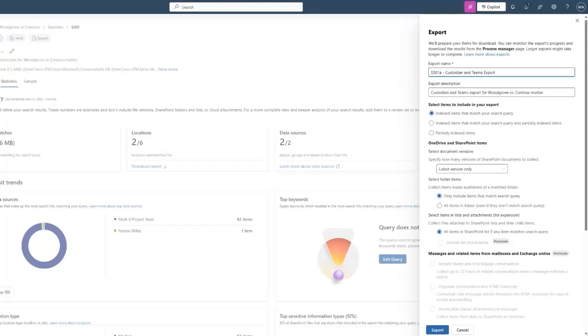So our OneDrive and SharePoint settings, we can choose to bring down the latest version of the SharePoint or OneDrive document, or we can pull down all versions. E5 has a couple of different options. We include 110 or 100, as well as the two that you can use with E3. And